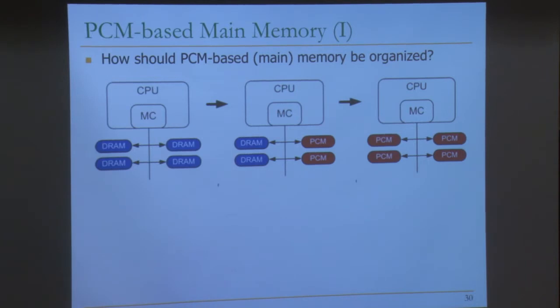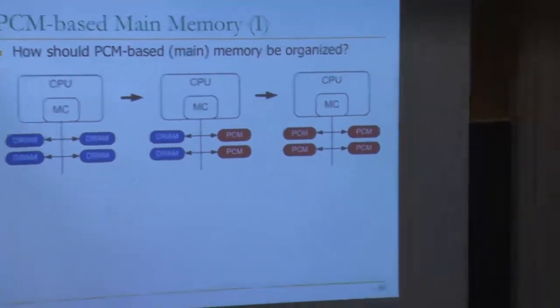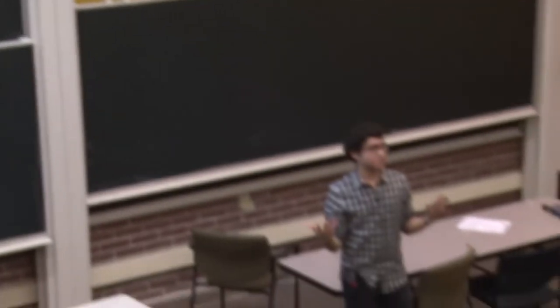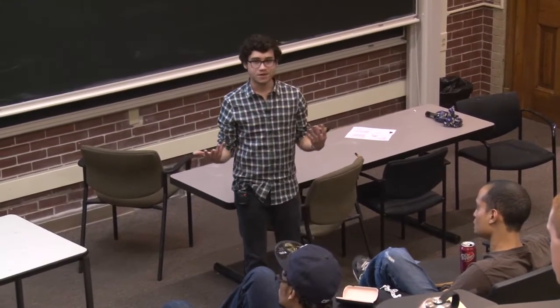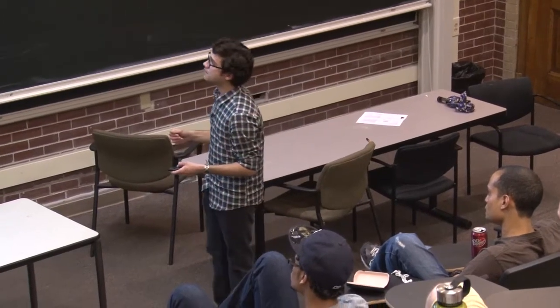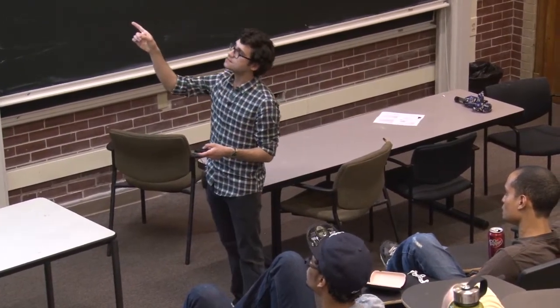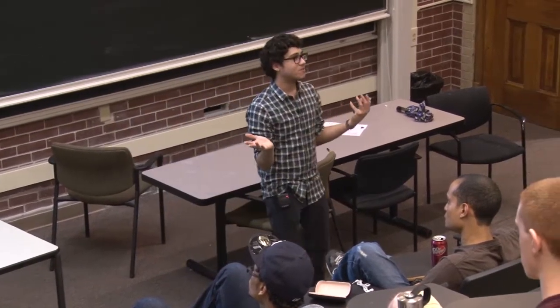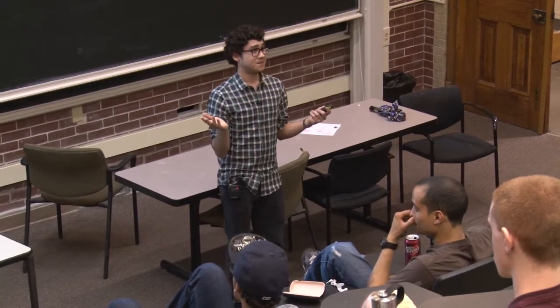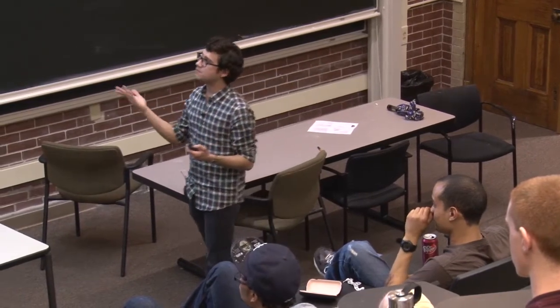Cool. Low capacity, though. So moving toward this middle drawing in the figure, you can see that we've replaced some of the DRAM with phase change memory. What this has the effect of is now we have a lot larger effective main memory, but some of it is a lot slower and has different characteristics than another portion of it. Okay? The most extreme case is all the way on the right, which is we just replaced everything in the